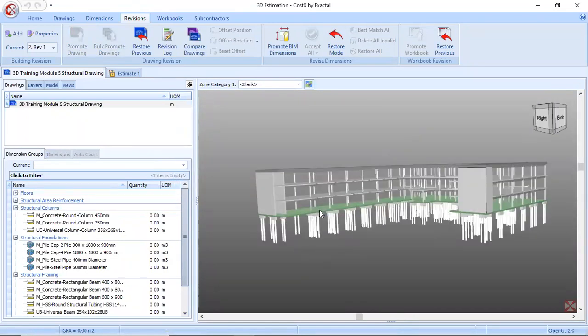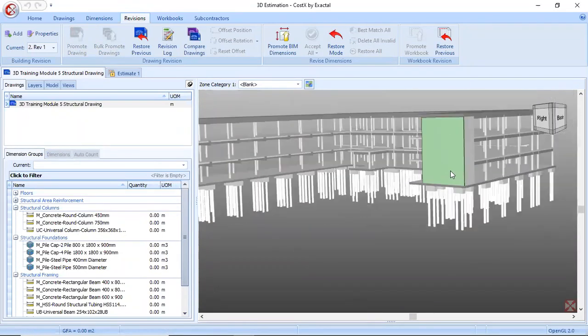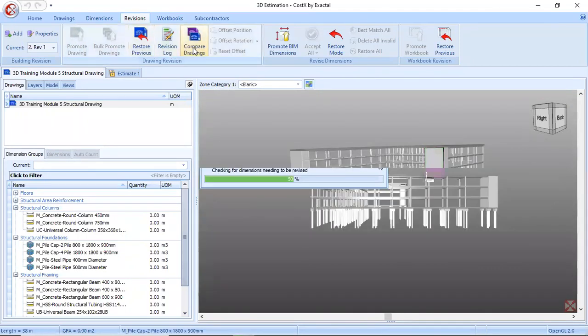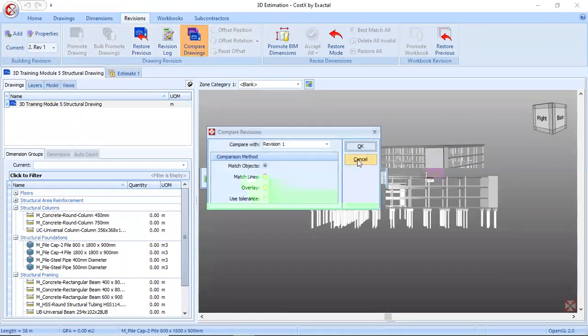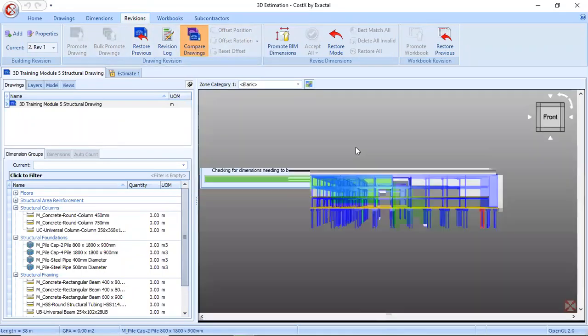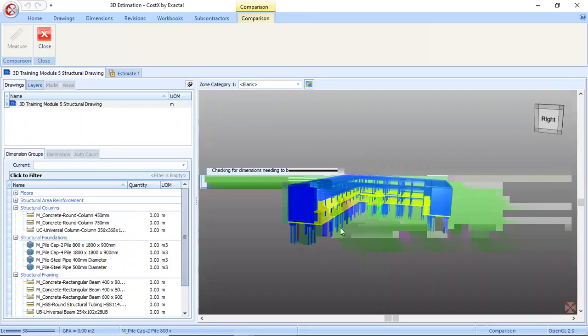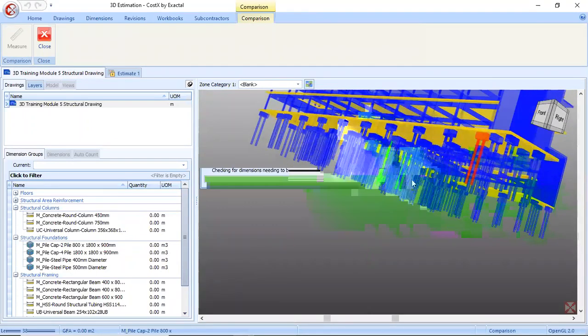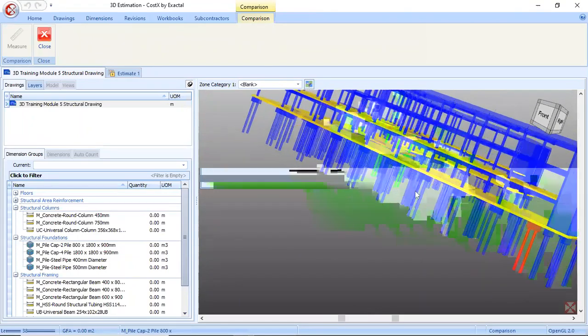Once we update the new model, we have to make the comparison to clearly identify what changes have happened. For that, we can use this compare drawing. Just give compare. Now you can see, the same way we compared our 2D drawing, the same results can be obtained for the 3D models also.